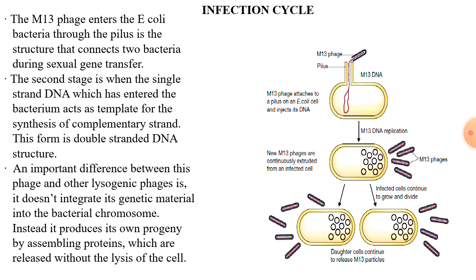In the previous sessions, we studied how the pilus is formed by the F plasmid TRA genes between two bacteria, which is regarded as a mode of sexual reproduction. Here, the pilus is required for M13 phage to cause infection. This M13 phage injects its DNA into the bacteria through the pilus, and this DNA is circularized and undergoes replication.